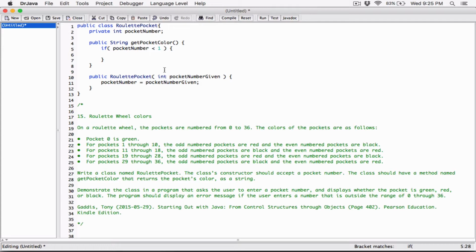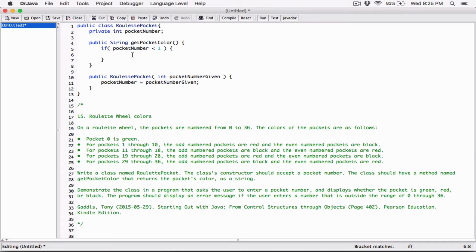If it's less than 1, then later on we'll have some input validation in the main program. We'll work on that later on. But for now, let's say if pocket number is less than 1, meaning if it's 0 or less, right? But then we're actually dealing with 0. So if it's 0, or basically less than 1, in the program itself, we're not going to allow the user to type in anything less than 0,